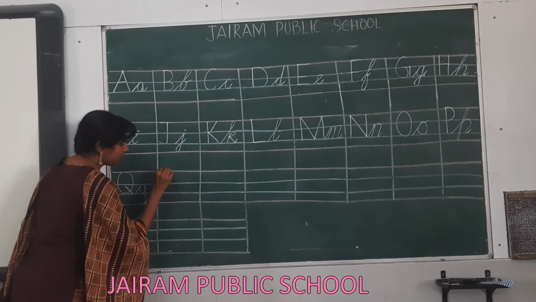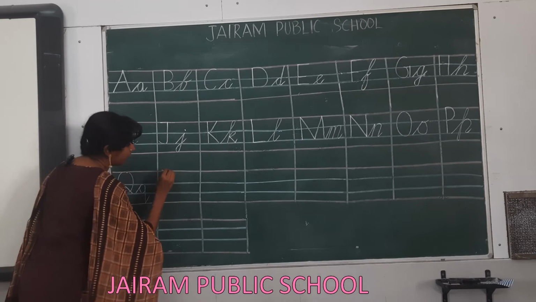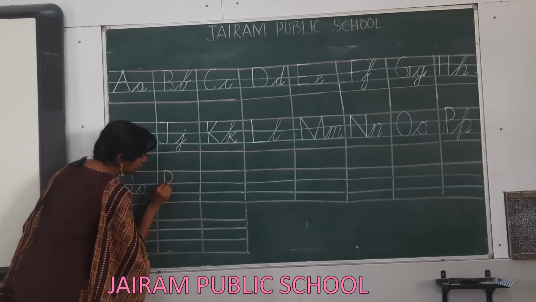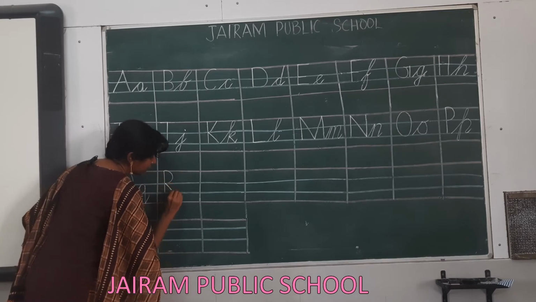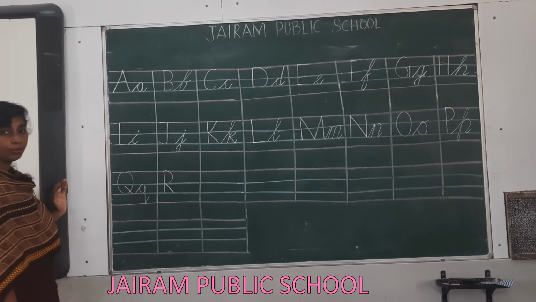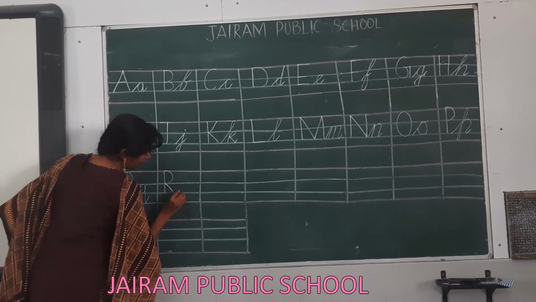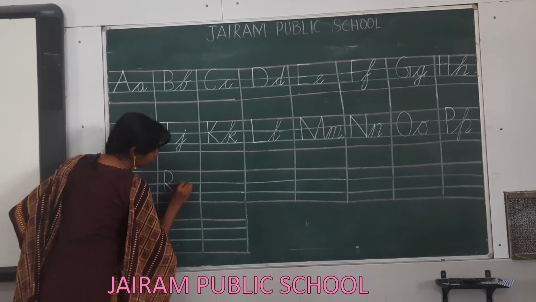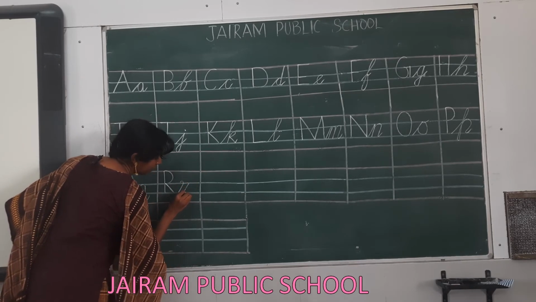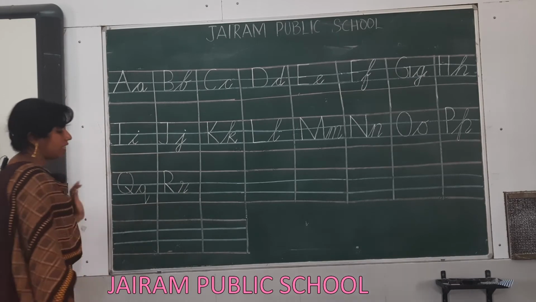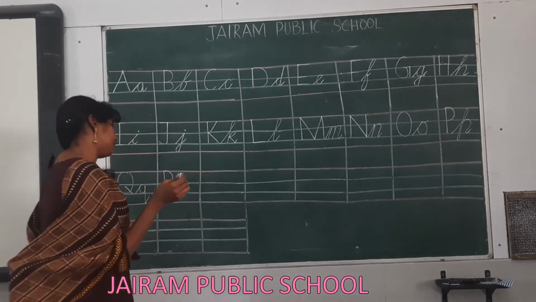How do we write R? To write R, write a P. That is a straight line from the top line to the base line, second curve to the middle line, and second slant to the baseline. This is letter R. How do we write small r? That is the cursive R. Upward forward slant, anti-clockwise loop, sleeping line, downward forward slant, downward backward slant, and then upward forward slant. Letter R, small r. So next letter is letter S.